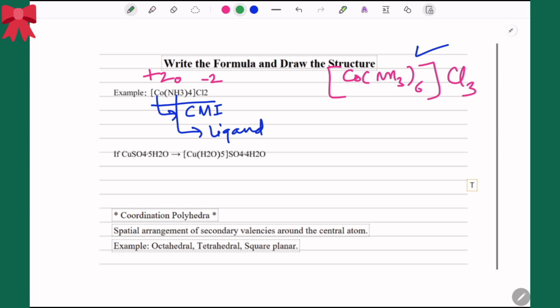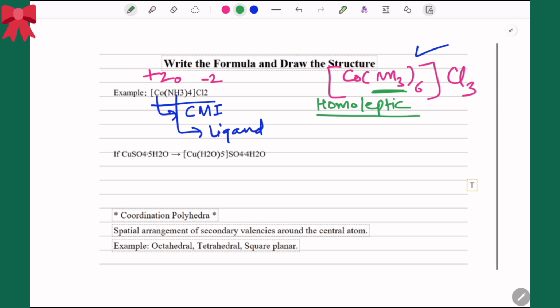Whenever you start naming the compounds, you will first name the ligands, and the ligands have to be named in the order of their charge. The neutral ligands will be named first, and then you will go to the negative ligands, in alphabetical order. As you can see, in this case there's only one ligand, so this kind of complex in which there is only one type of ligand will be called a homoleptic complex.